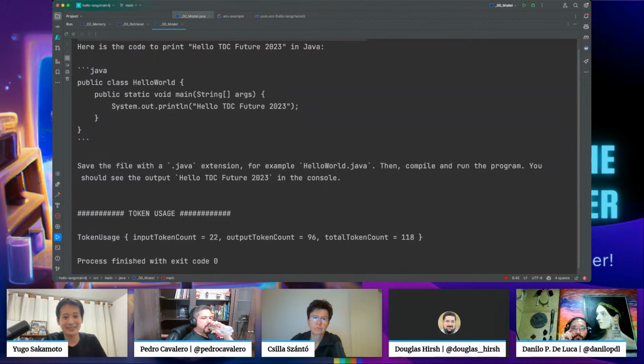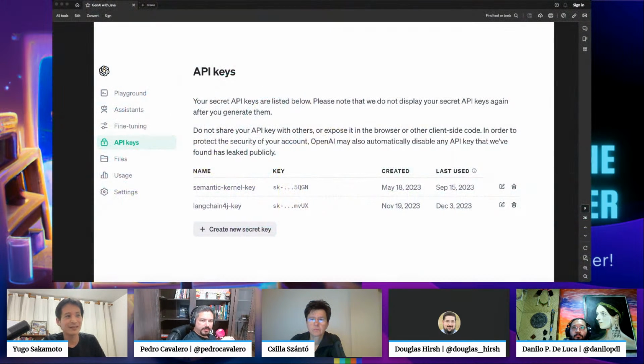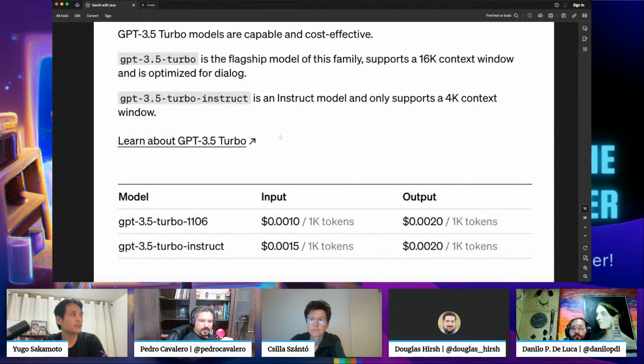And how do they actually charge me for that? For this example, if I go back here to my presentation, for GPT 3.5, for every 1,000 tokens of input it will charge me 0.001, and for every 1,000 tokens of output it charges me 0.002.